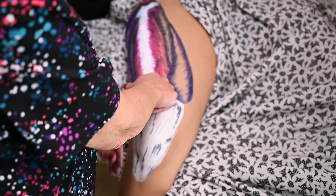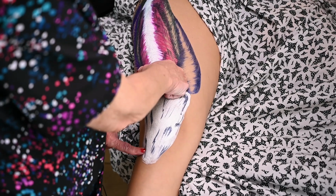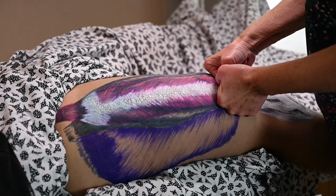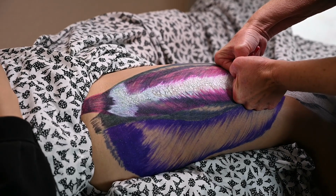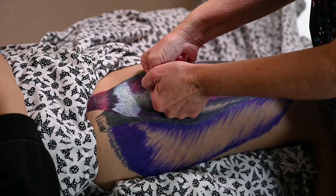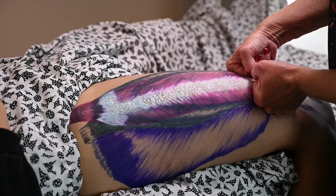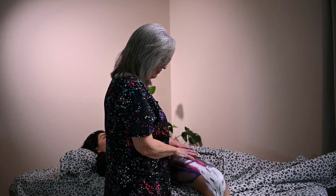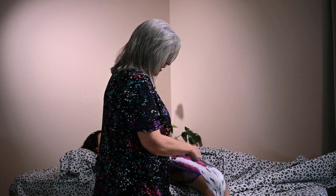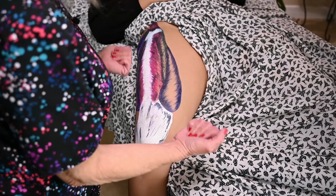So bend the knee and extend it, and you use a soft fist, and extend while I move up. And if you want to, you can hold with your other hand. Okay, extend, and then flex. Extend, and flex. Extend, and flex. And what I'm doing is, I can't use oil because it'll mess all this up. So I'm moving up in 1-inch strips with a soft fist as she extends and flexes. So I can also use